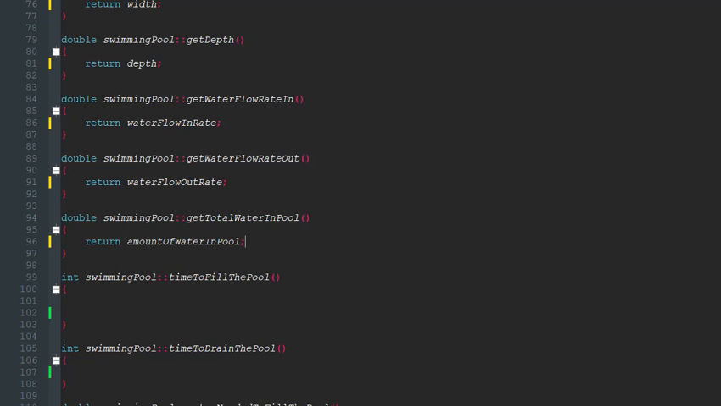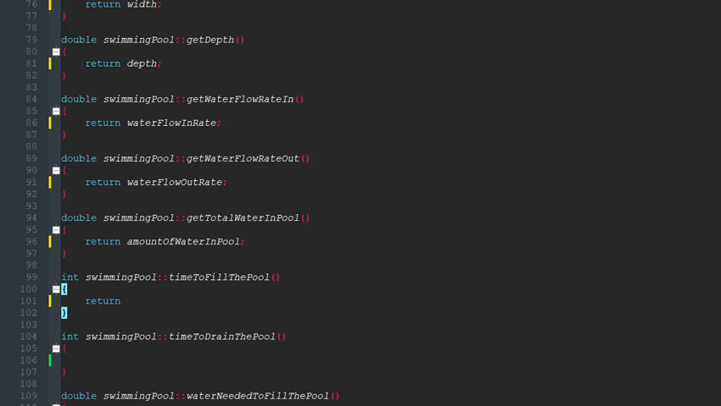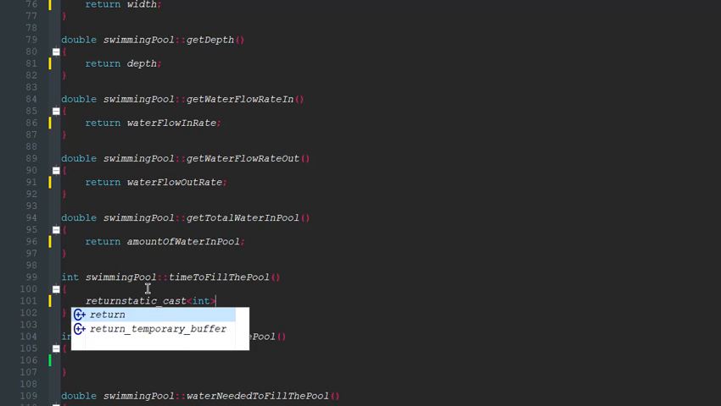For this one, we now need to do an input, and it's going to return another value, of course, because it's going to be a one-liner returning a value. Now this is basically going to tell us the time that it would take to fill the pool using the water flow in rate. So of course we're going to have to use the static cast function because time is usually